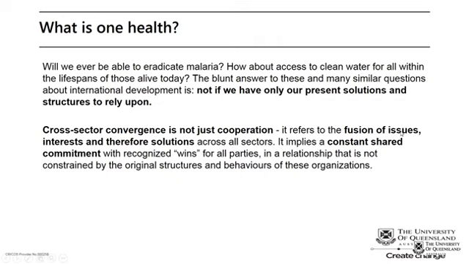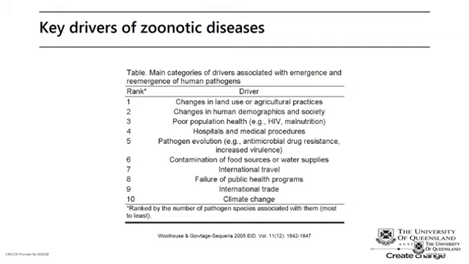What we need then is this integration of effort, and that comes when we understand that the issues are shared, and I know that is the understanding, but I think what we need to do in One Health. The reason for that is we've really got to reframe the way we think about our solutions, and this is this table in this publication, which comes from a systematic review of all papers that address emergence and re-emergence,